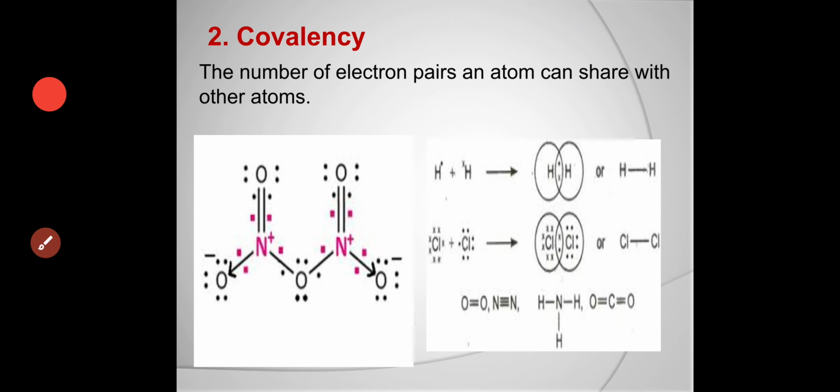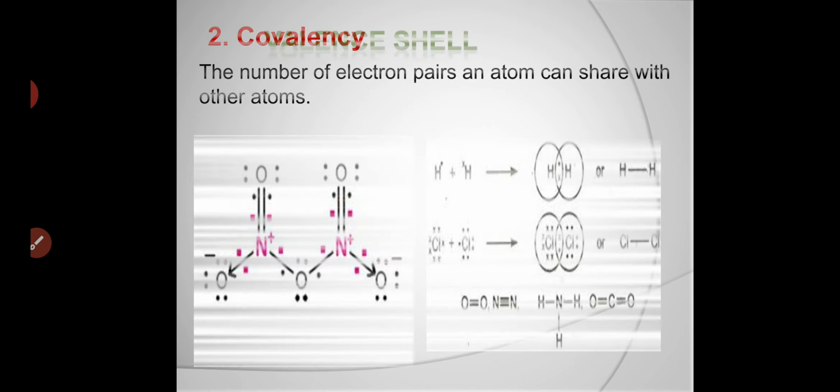So here, if you take the example of hydrogen, one hydrogen contains only one electron, and another hydrogen also has one electron. So what will they do? They will share their electrons and they will get pair and they will exist as H2. Right? Even chlorine. Chlorine needs one electron and that one electron pairs, and this is also stable and this is also stable, and they get pair. Even oxygen, right? They will also get pair. Like this, that is nothing but covalency.